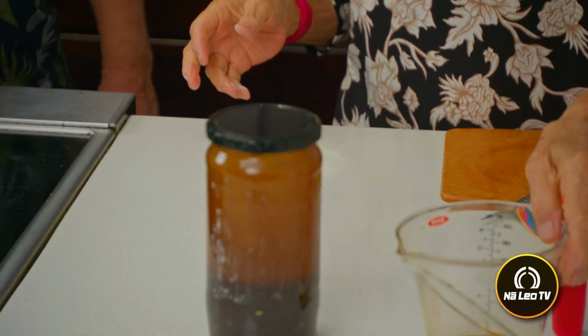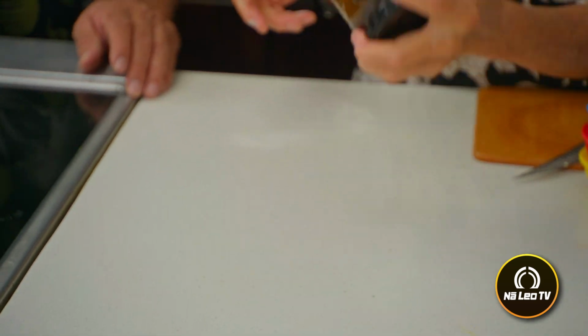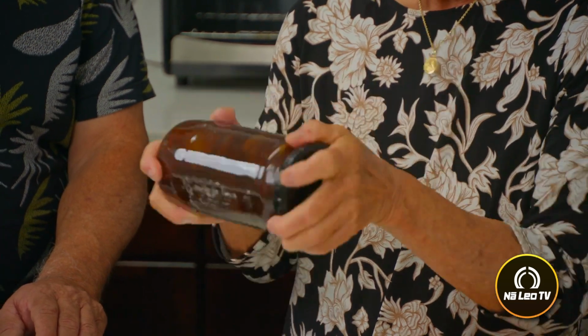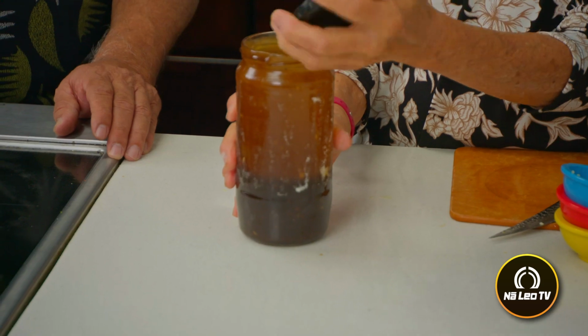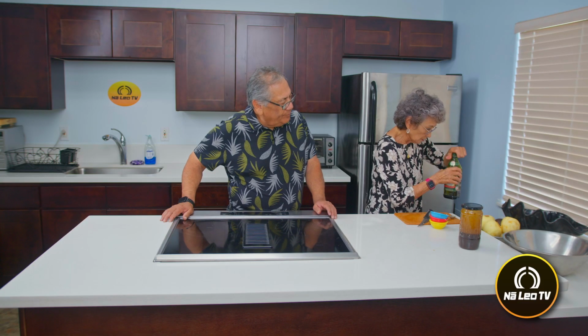Okay, so we got that ready. Got it. That will not separate now because the xanthan gum will stop it from separating. Got a beautiful scent. Now, the critical thing here is